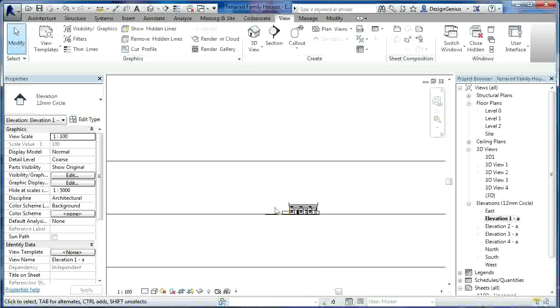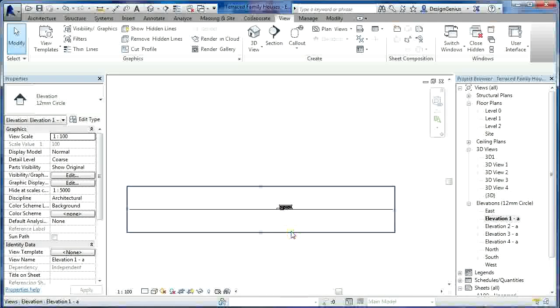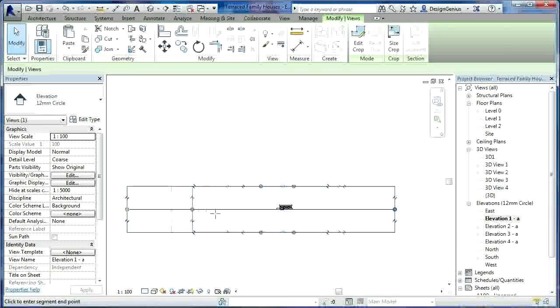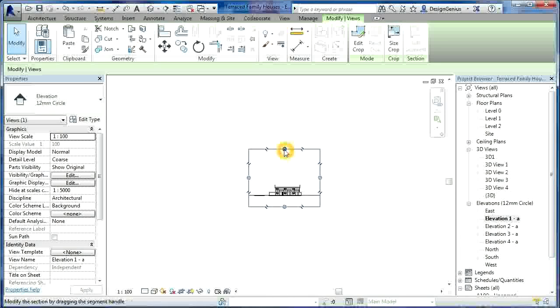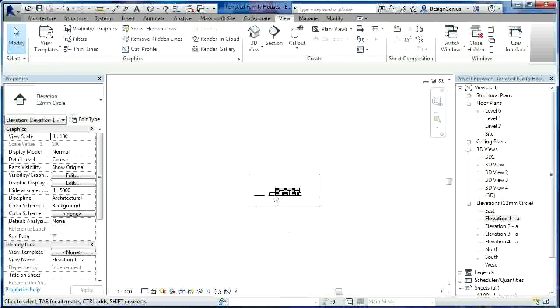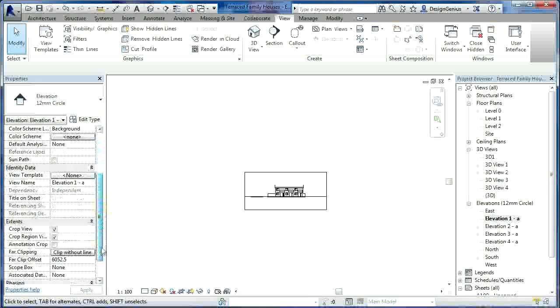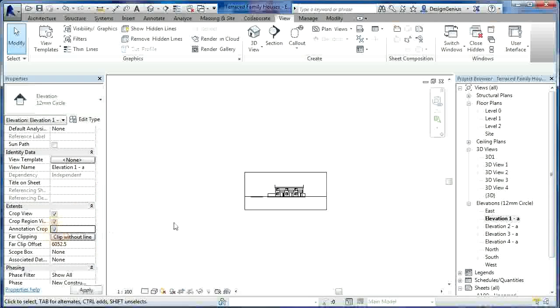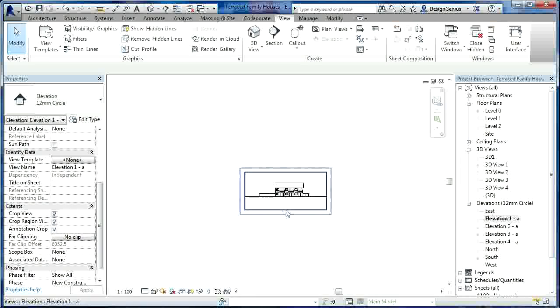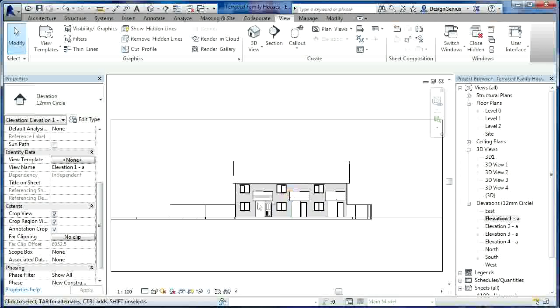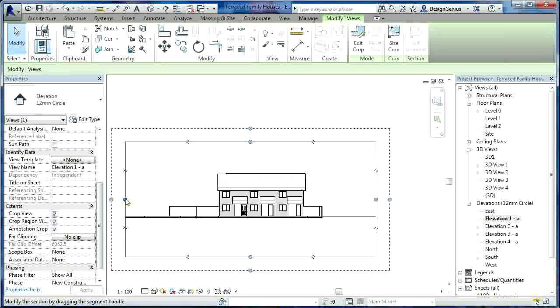It is clipped a bit, so if I just sort that out, if I pull this in, pull that in, pull that, and pull that back. Right, it says this clip with outline, if I click on it and say no clip, then you see the whole elevation is showing properly. So if I pull that in a bit more,